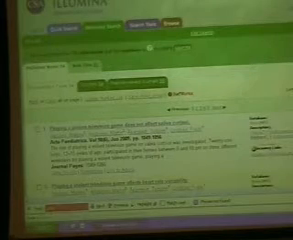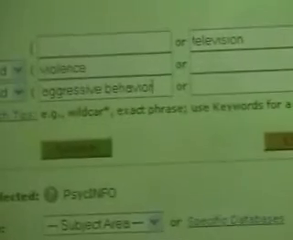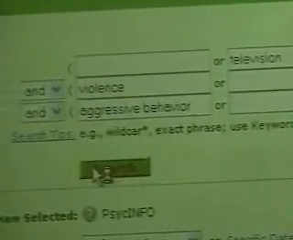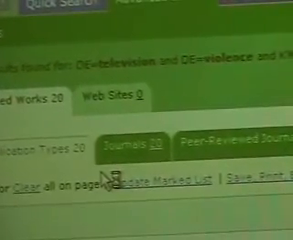So perhaps instead of just adolescence and television violence, maybe we want to look then at a specific type of behavior, like aggressive behavior. So by adding an additional search term, we're going to focus even further on the search. Now we went down to